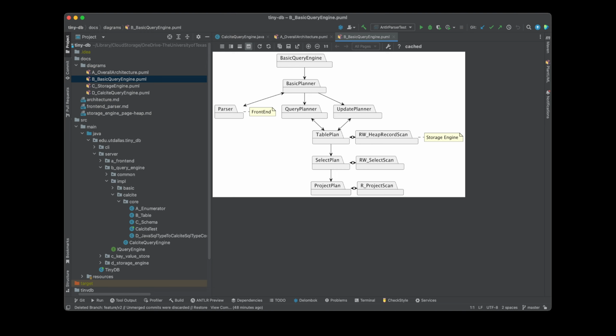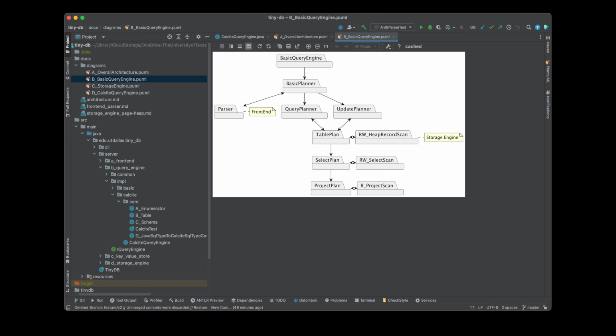So basic planner is an abstraction for both the query and update planner, and it also talks to the parser, which is the front end component to get the SQL converted to the data object. So after that, we call the corresponding planner, and when you call the planner, it initially starts